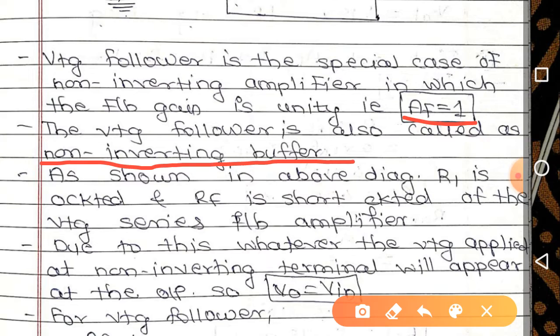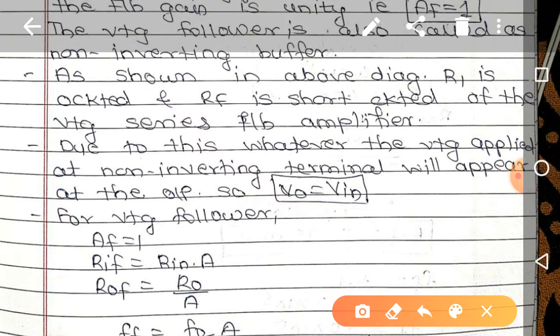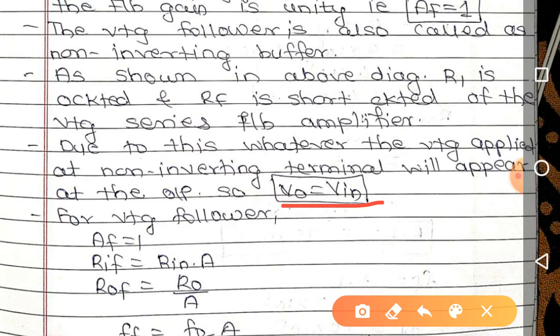As shown in above figure, R1 and RF are short circuited. Due to this, whatever the voltage applied at non-inverting terminal will appear at the output. Due to the short circuit, whatever the voltage applied at non-inverting terminal will appear at the output, so you will get V0 is equal to Vin. For the voltage follower,